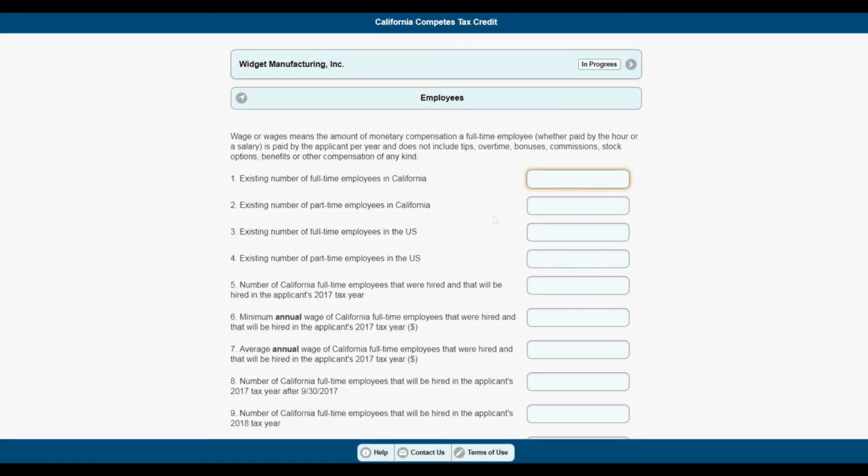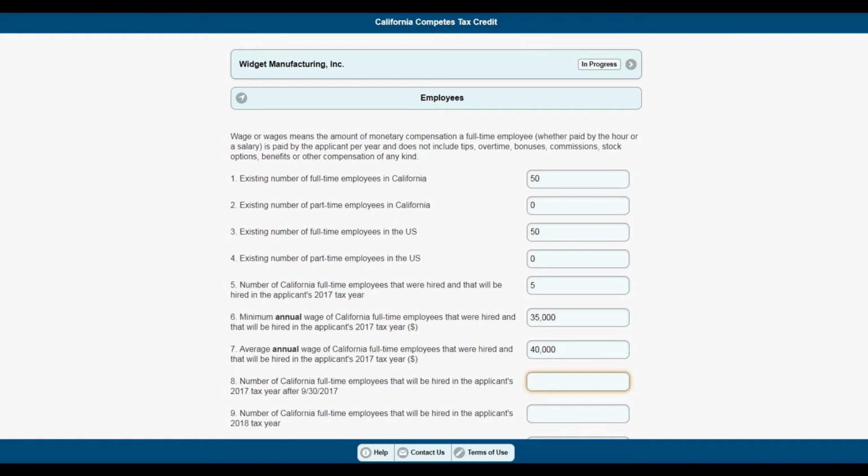Now that we have gone over Widget's base year and hiring for the next 5 years, let's fill in the annual full-time equivalent section. Widget currently has 50 full-time employees and no part-time employees. Widget will hire 5 full-time employees per year with a minimum salary of $35,000 and an average of $40,000. In other words, each employee will make at least $35,000 per year, and all 5 combined will average at least